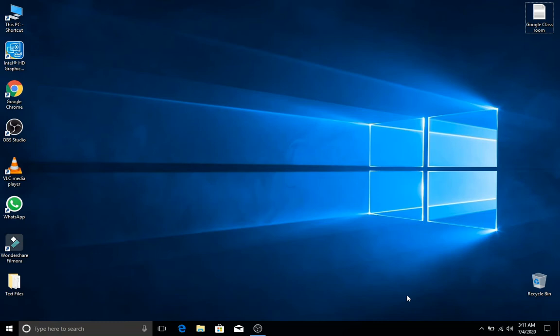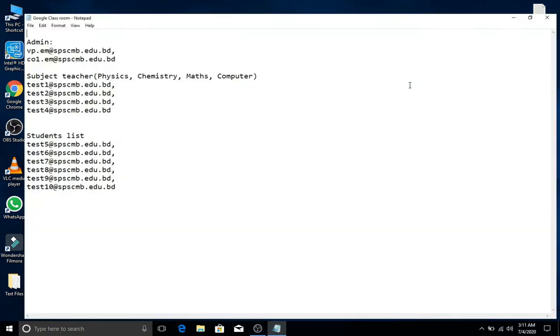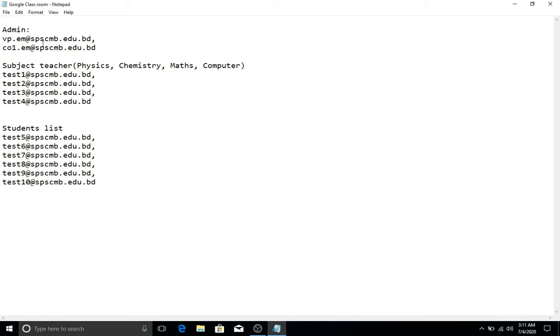So for creating the Google Classroom, the class teacher has to create a text file first. In the text file she has to collect the email IDs of the admin, the subject teacher's email ID and the student's email ID. So these are all test email IDs.